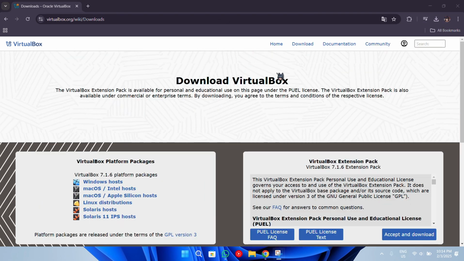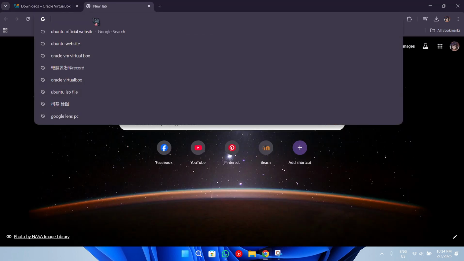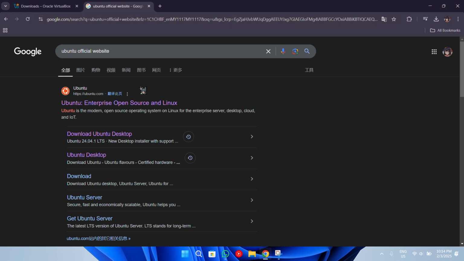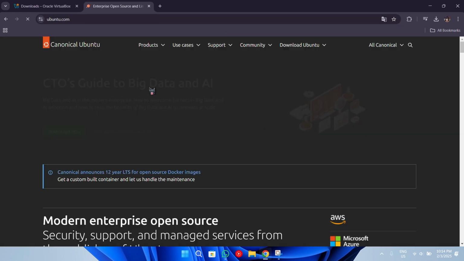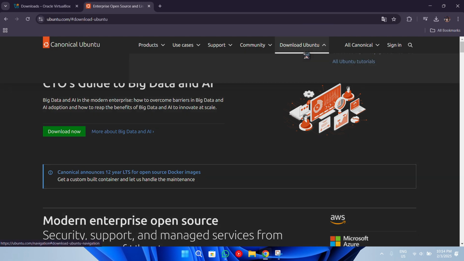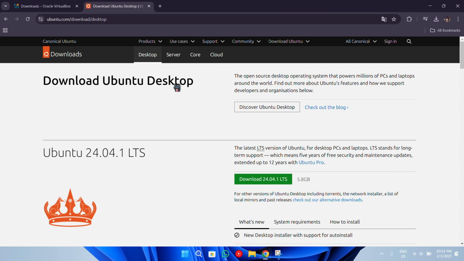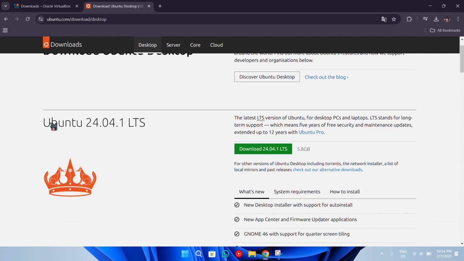After we successfully install our VirtualBox, we also need another file called the Ubuntu ISO file, so I need to go to their official website to download it. Here is the official website for them. You can see the home page, and here is a button called download Ubuntu. We click it, click the green button, and then we want to find the version called Ubuntu 24.04.1